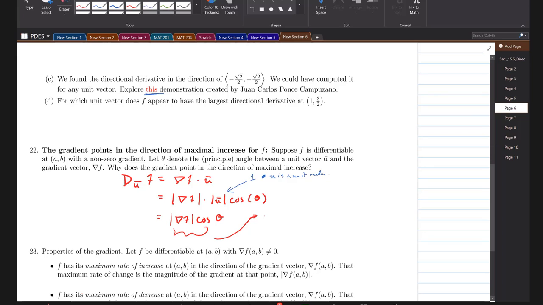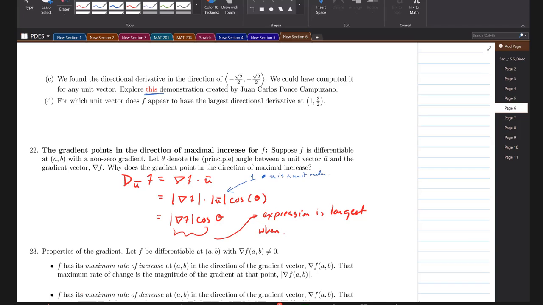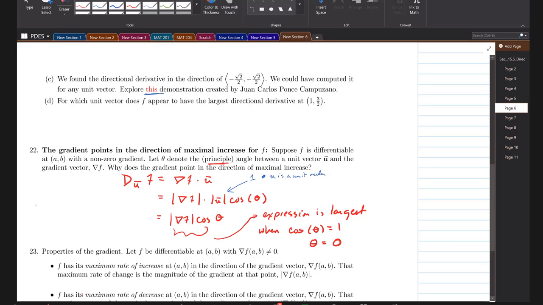Maximum? Well, what's the largest value the cosine can take on? No, 1. You're thinking of the input there, Xavier. The largest output of the cosine of an angle is 1. So this expression is largest, first of all, when the cosine of theta equals 1, and that happens when theta is equal to 0. And instead of doing the principal angle here, we mean 0 less than or equal to theta less than 2